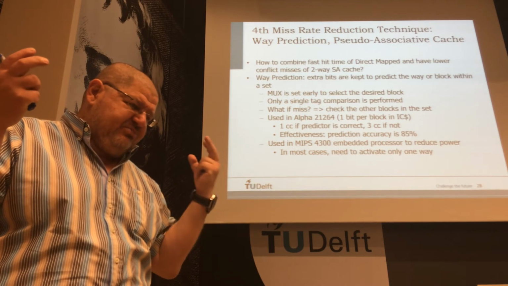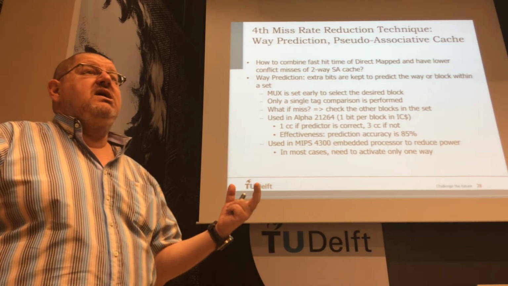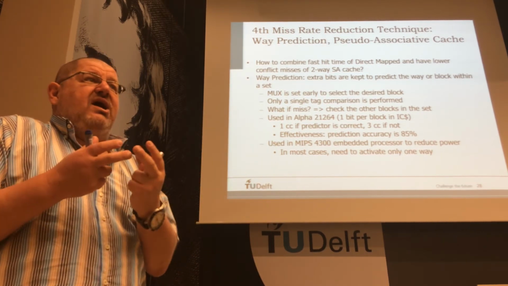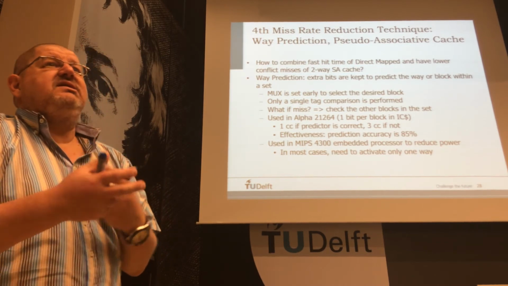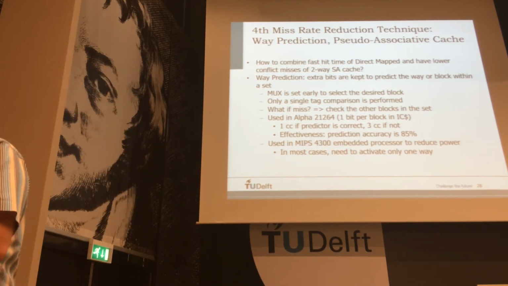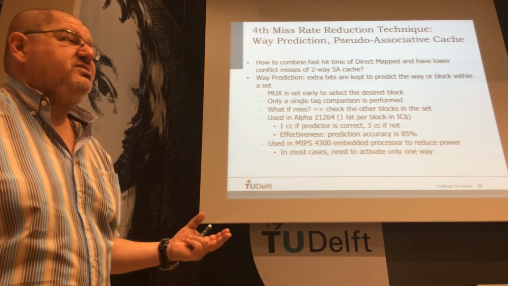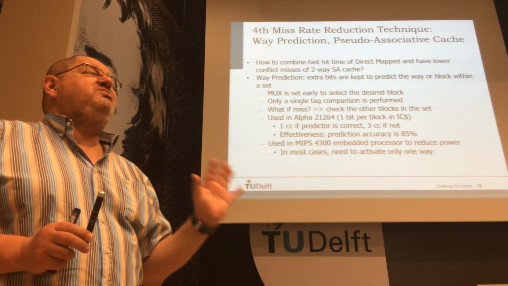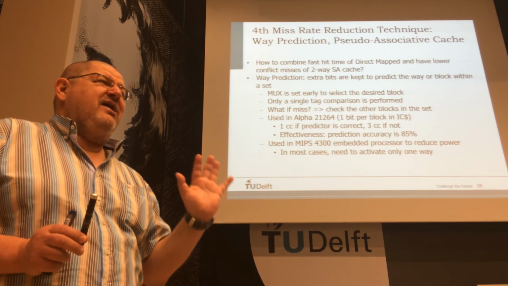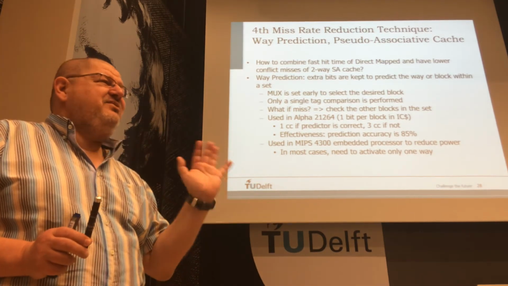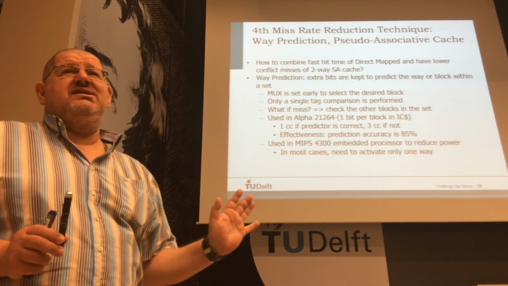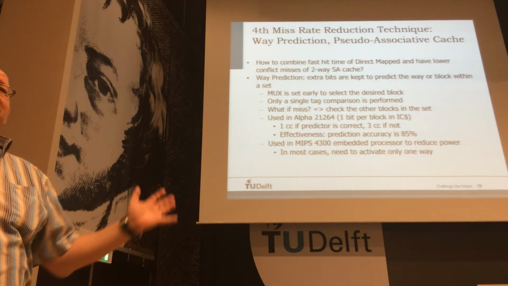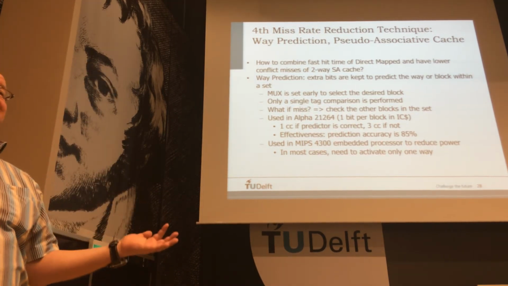Now, we see that there is a problem with associativity because we have to do comparisons in parallel, and as I said, sometimes this cannot be accommodated in the clock period. What we can do is whatever we know already from computer architecture, which is called prediction. You see, the tool set of a computer architect is very limited. We have a couple of ideas and we apply them in very different contexts. We don't have a lot of ideas. One of the basic things is prediction, right? And then we say, I have a problem, let's predict. Now I have 4 sets.